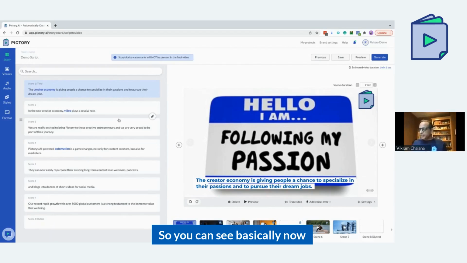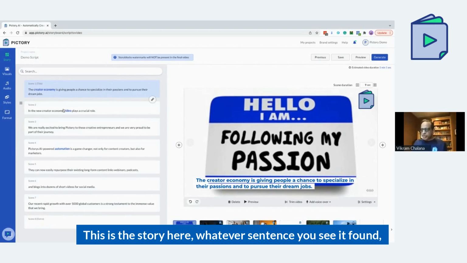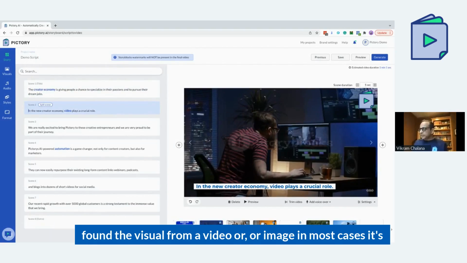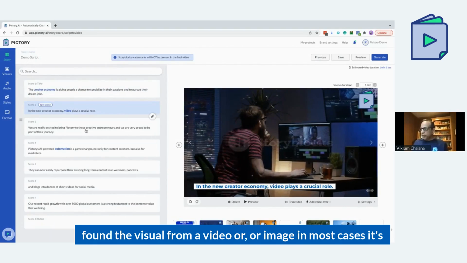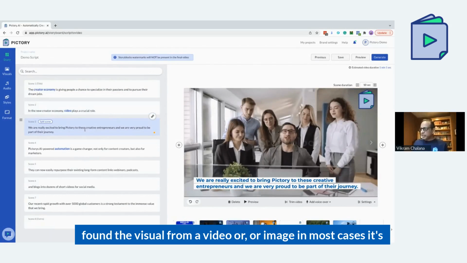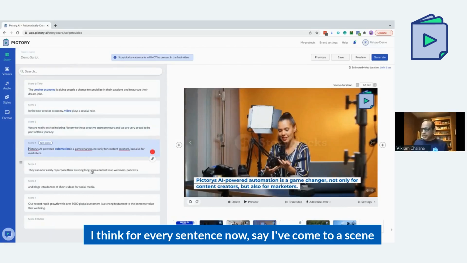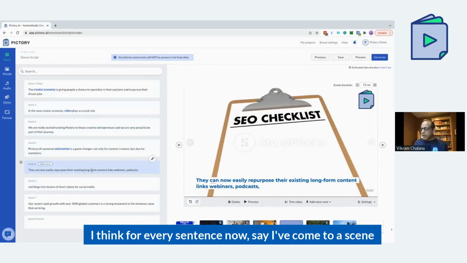So you can see now for every sentence, you can walk through the story here. For every sentence, you see it found a visual from a video or an image. In most cases, it's a video, and it found the best matching one for every sentence. Now, say